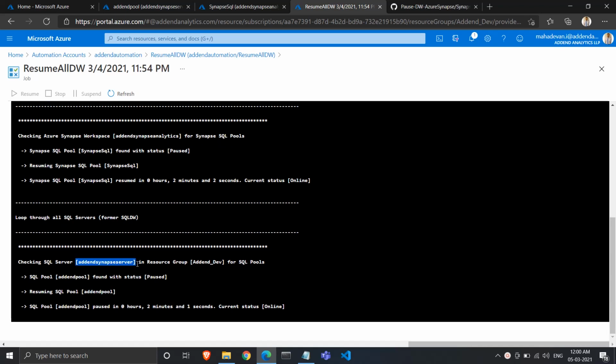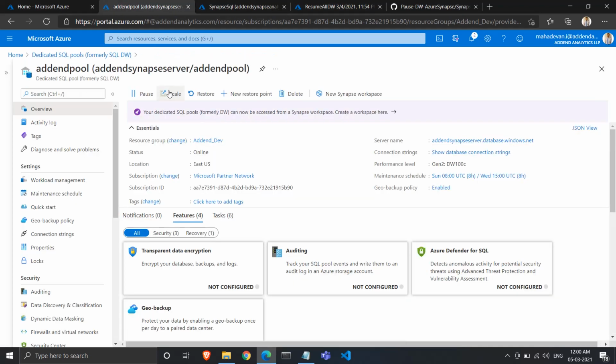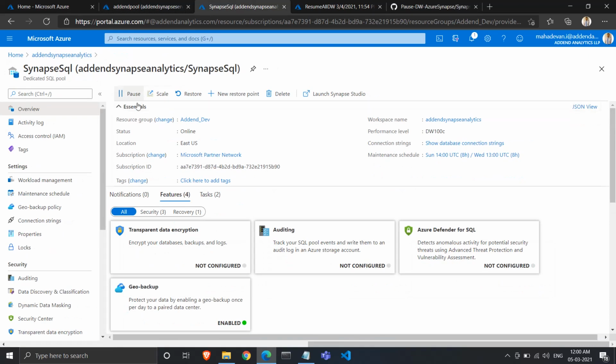It has found a server in which a SQL pool is hosted, in the resource group Edend dev, the status was initially paused, and the script has resumed the SQL pool in 2 minutes and 1 second. So let's see if it has worked. Yeah, so both the SQL pools are now turned on.